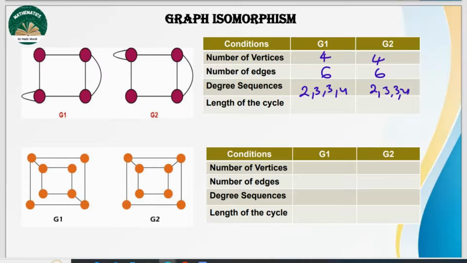Suppose I take this as A, B, C, D, and here P, Q, R, S. So we have to check the mapping of these. Now suppose I take A. A is connected with 2 edges, and here one is connected with 3, and this is connected with 4. So A can be mapped with